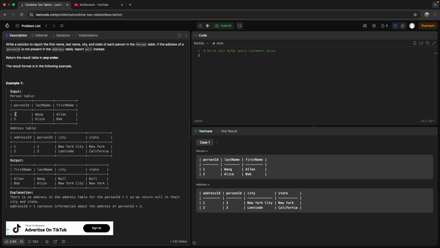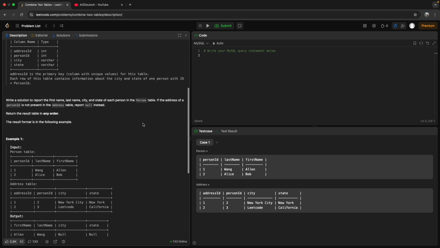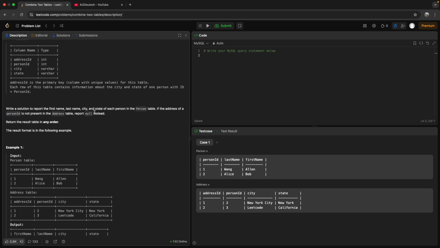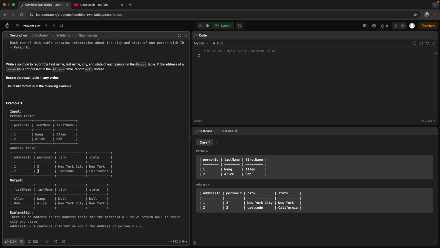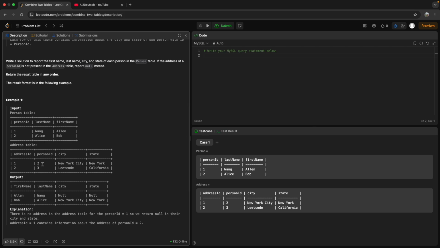So person ID 1 is not present here, and similarly person ID 3 is not present in the person table. So the question says write a solution to report these values of each person in the person table. So basically we don't care if there is any additional person ID in the address table,